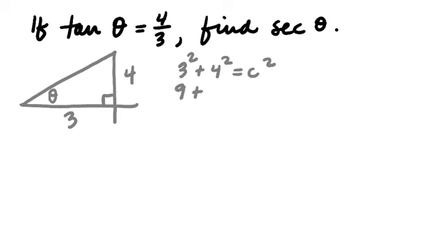That's 9 plus 16 equaling c squared. That's 25 equaling c squared. So that means that this has got to be 5, right? Okay. Knowing the 3, 4, 5 and the 5, 12, 13 would be very helpful for